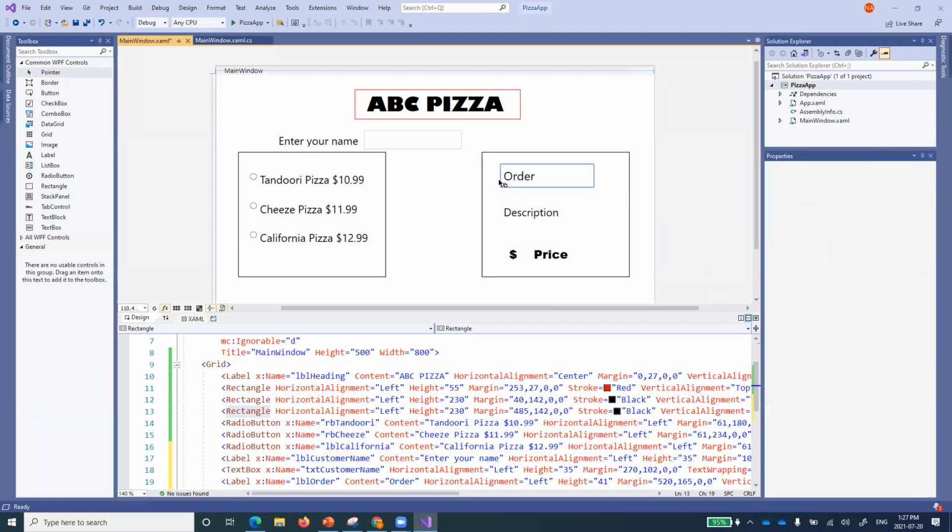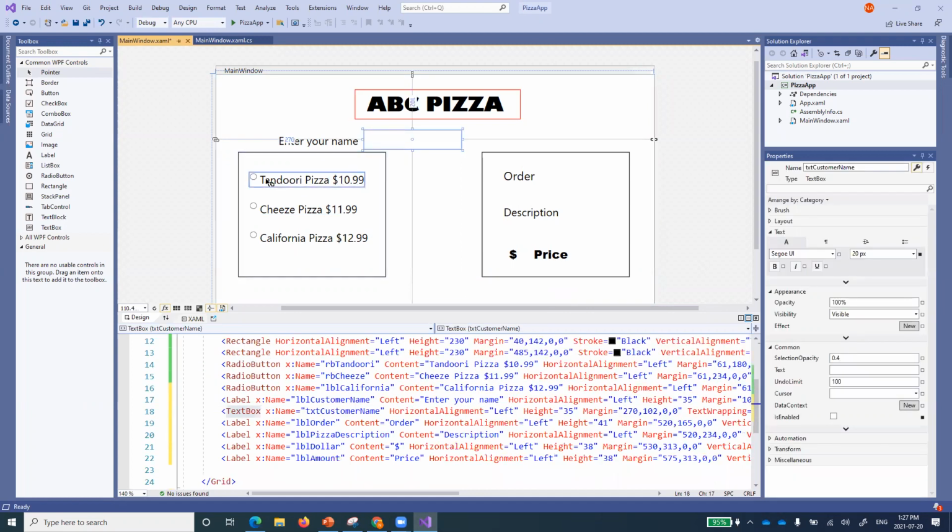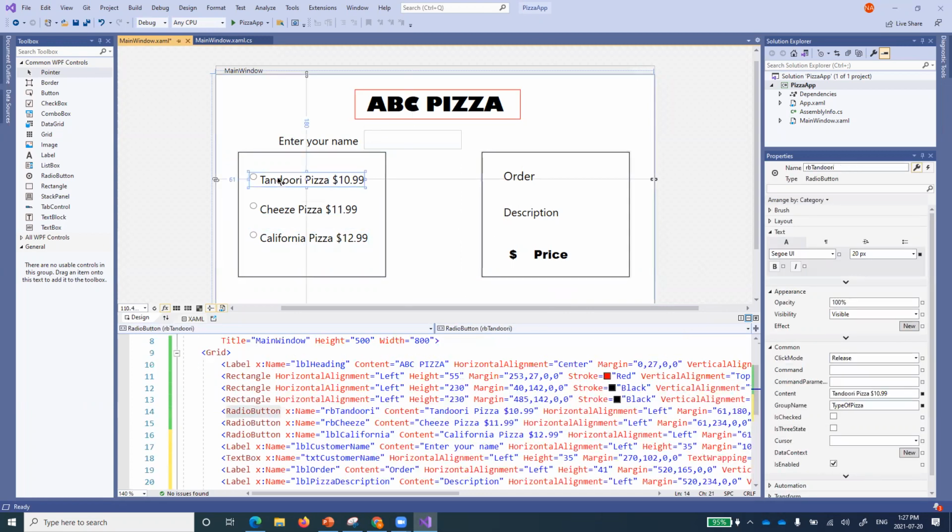So now we are just trying to create the complete UI of our application, and we are almost about to complete it. The user will come over here, enter their name, and select the pizza type. Their name will appear over here, maybe in place of order, or in front of it.